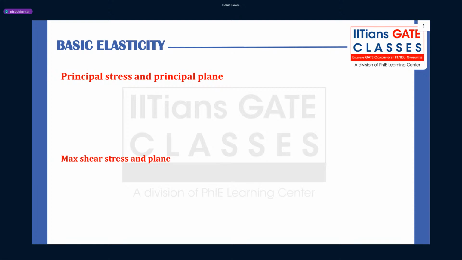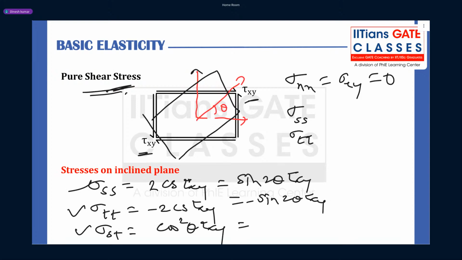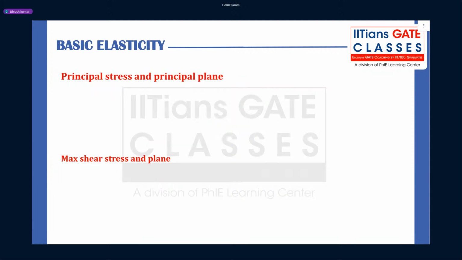Okay, so once you know this, the next is what? Principal stresses. Because GATE 2024 question is from what, guys? Pure shear stress case. Now, in case of pure shear stress, what will be your principal plane? Can anybody tell Gopal what will be your principal plane? Theta 1. How do you find theta 1? It is 1 by 2 tan inverse 2 tau xy upon sigma x minus sigma y. Now you tell me, for pure shear case, what will be theta 1?